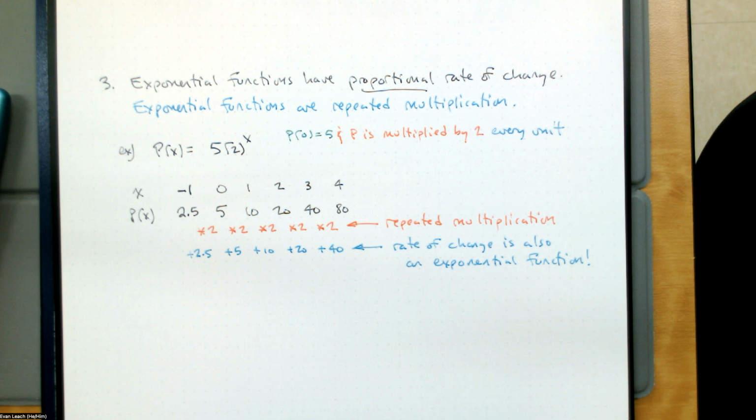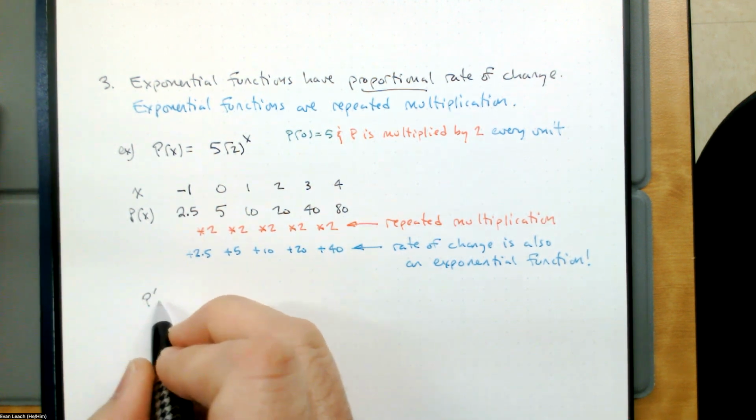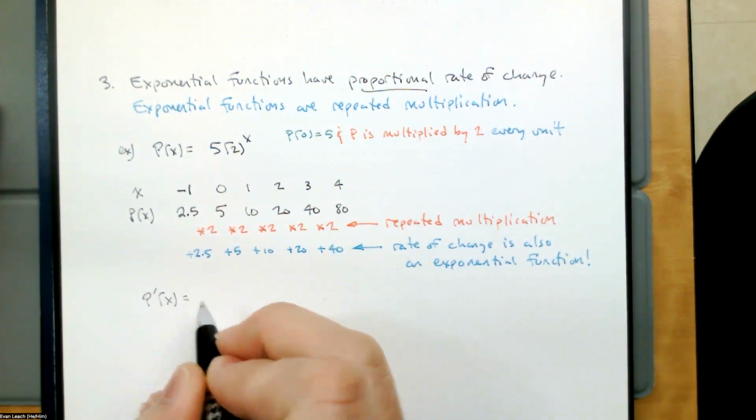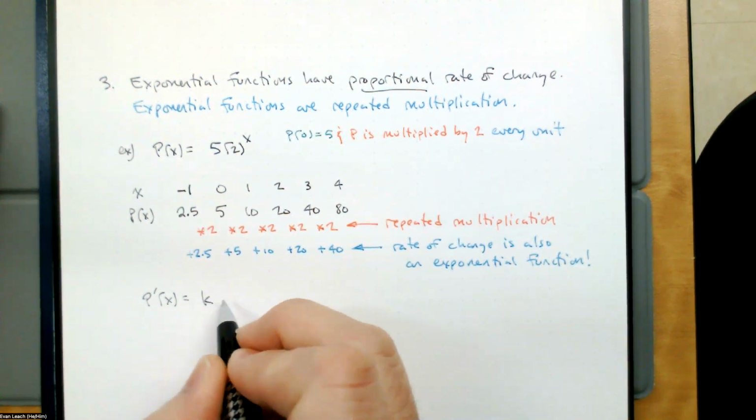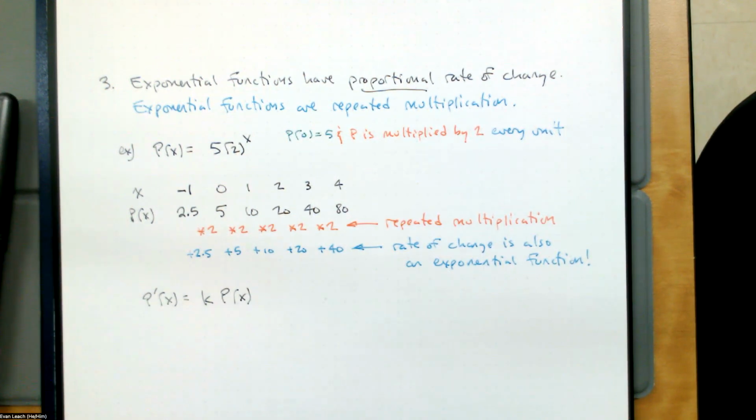In this case, we get an interesting thing because we described an exponential function as a proportional rate of change. So what we're saying is that p prime of x is just some constant times p of x. This is saying that the rate of change of an exponential function is proportional to the function. That's what this equation is saying. We're saying the rate of change